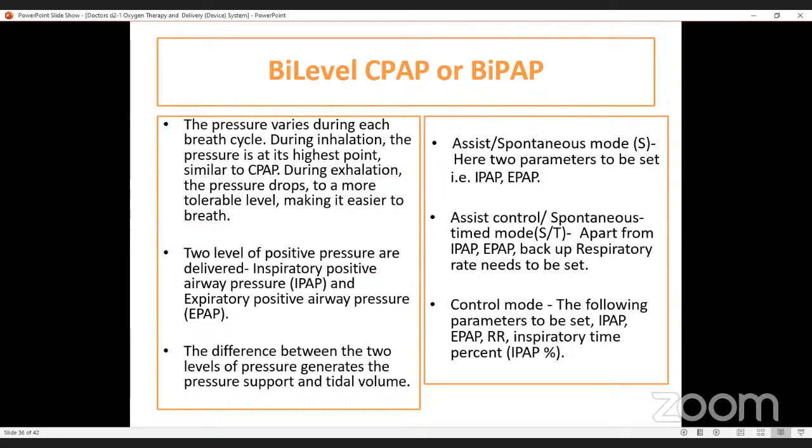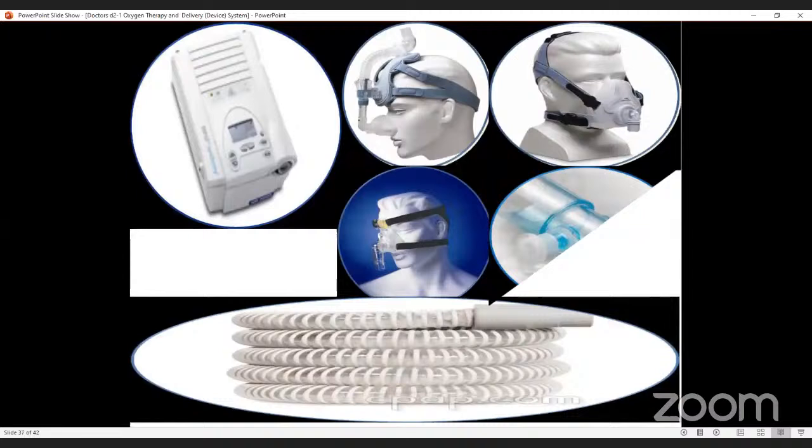क्योंकि गैसेस हमेशा हाई प्रेशर से लो प्रेशर की तरफ मूव करती हैं, तो ये जो प्रेशर डिफरेंस है इससे गैसेस आगे बढ़ती हैं। असिस्ट और स्पॉन्टेनियस मोड में यहाँ दो पैरामीटर्स, IPAP और EPAP, दोनों हम सेट करते हैं। असिस्ट कंट्रोल, स्पॉन्टेनियस टाइम मोड में, अपार्ट फ्रॉम IPAP, EPAP, बैक-अप रेस्पिरेटरी रेट भी सेट करना होता है। कंट्रोल मोड में हम IPAP, EPAP और RR सेट करते हैं, तो ये एक तरह से पूरी तरह से मैकेनिकल वेंटिलेशन विदाउट इंट्यूबेशन हो गया। ये डिफरेंट इंटरफेसेस हैं जो इस मशीन में यूज की जाती हैं।